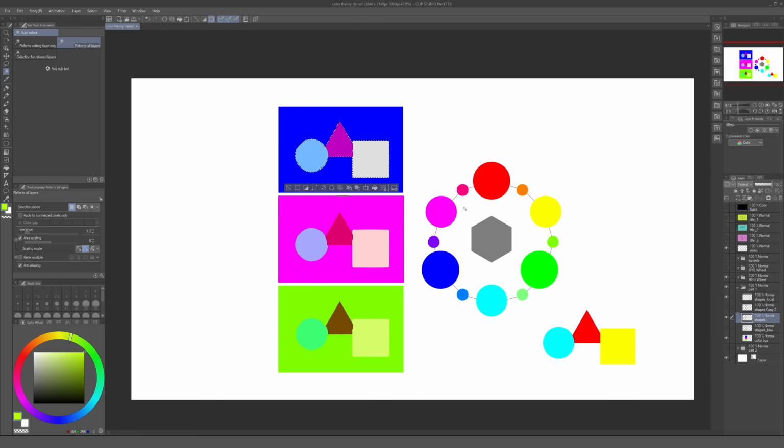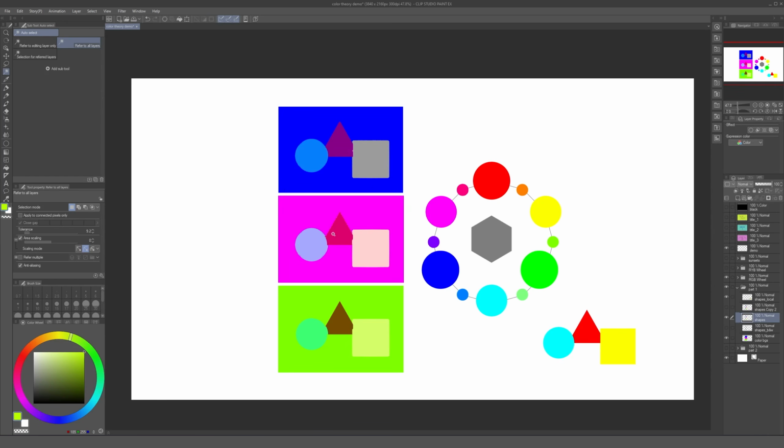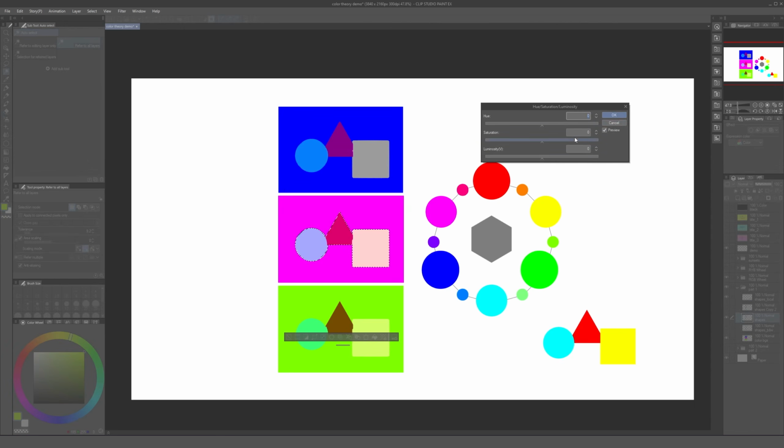I'm opening the hue, saturation, luminosity sliders again, and this time I'm making sure to turn the saturation all the way up before adjusting the luminosity. So I'm going to turn the luminosity down just a little bit until it feels correct. And then for this,